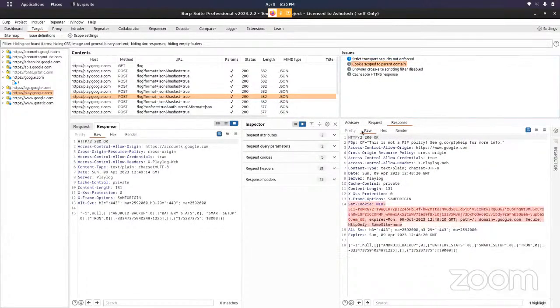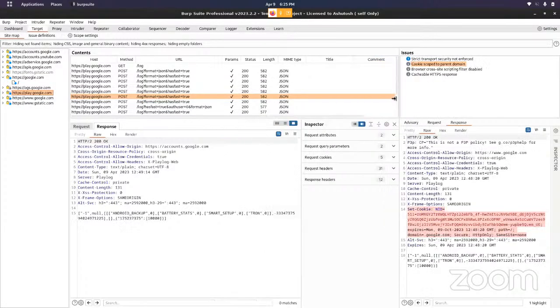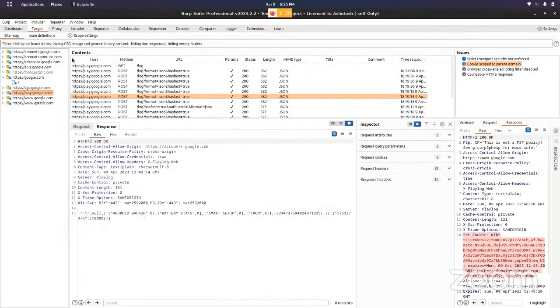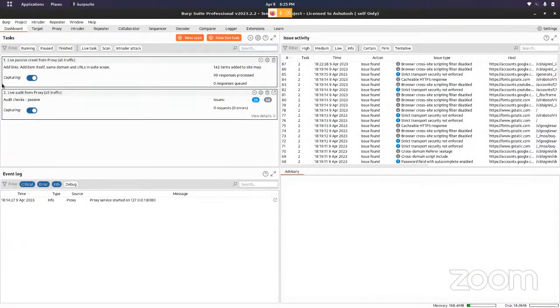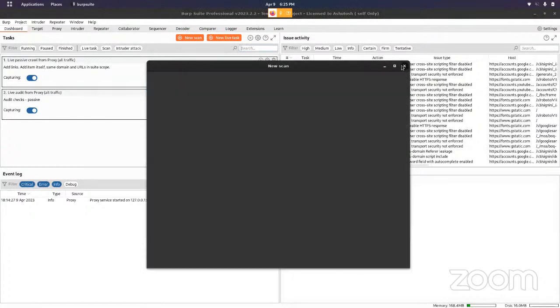So this is just to give you an overview of how the target tab looks. But when we go back to the dashboard for now, you can see a few things have been added here. So now we can talk about the dashboard, what is actually present in the dashboard, correct? When we're talking about the dashboard, first of all, you can see on the top there are two buttons given: new scan, and this one is new